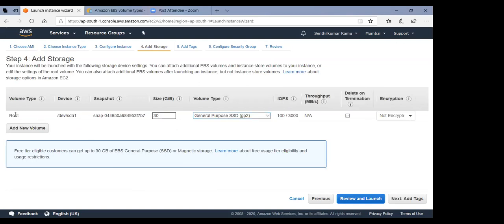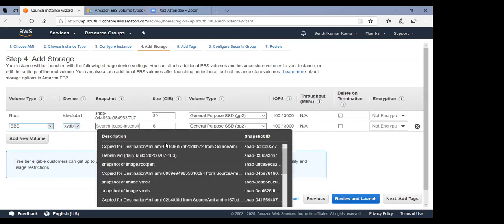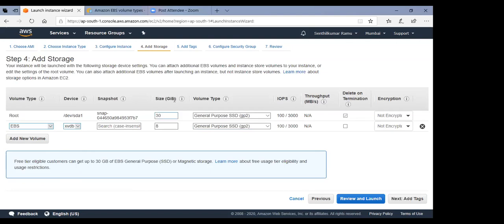This, by default, has been created as part of the image. Now here is the option. I'll go and select add new volume. Type of volume is what? By default, it's selected as EBS. Do I need a snapshot? We will go to snapshot later. And size is 8 GB, and I'll create it in the same pool. There is an option: if I delete the instance and I don't select this, then the disk will remain. If I select it, the disk and the data will go away. Got it?